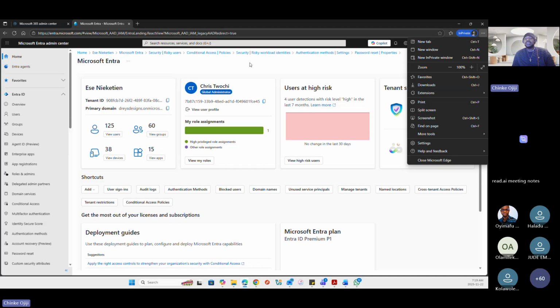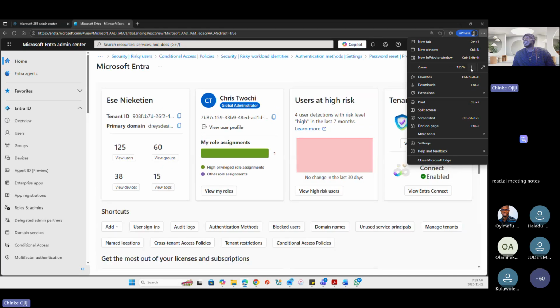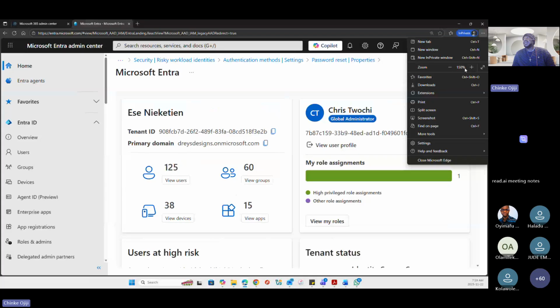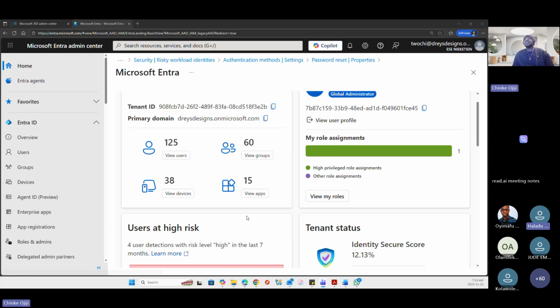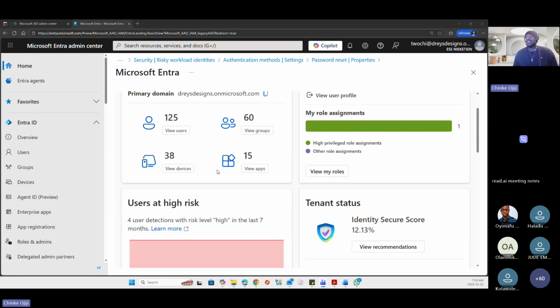Let me see. I think it's just the zoom, because my screen is big. Is it better? Okay. I don't know. For me, it's quite okay, but I think the viewers keep dropping in the chat that they can't see the screen or something like that. But I think just continue. It seems it's okay now. It's better than before. All right. Okay. Sorry about that. Thank you. My screen is quite big.